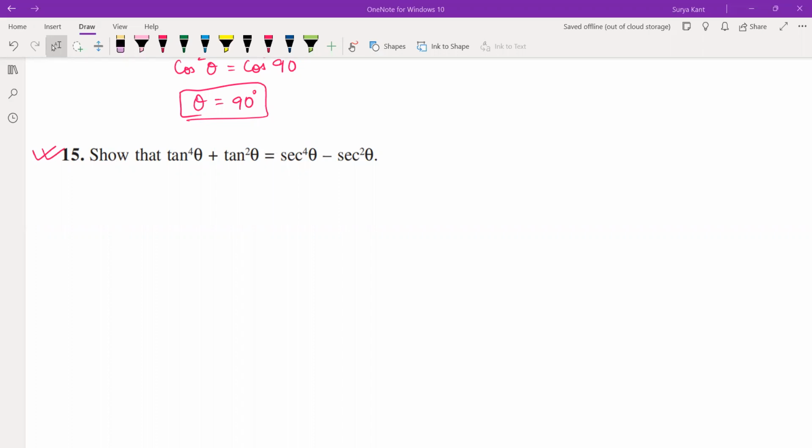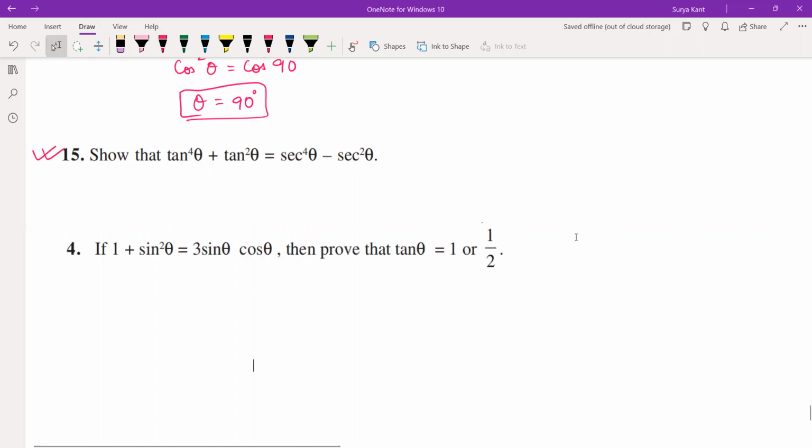This question is 8.4, question number 4, I believe. This is the 8.4 exemplar. So 1 plus sine square theta is equal to 3 sine theta cos theta. You have to prove that tan theta is equal to 1